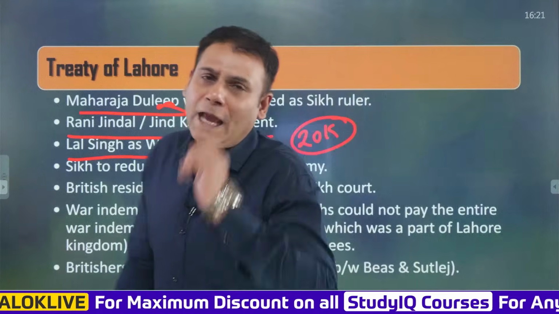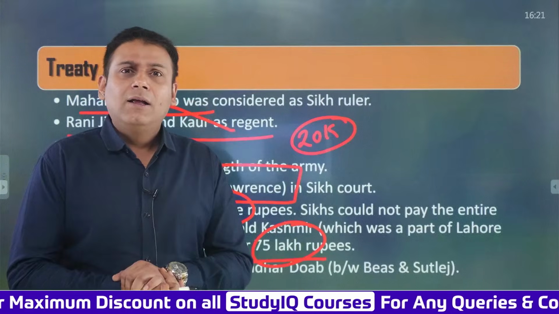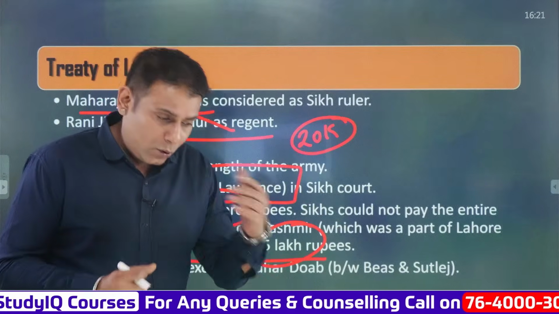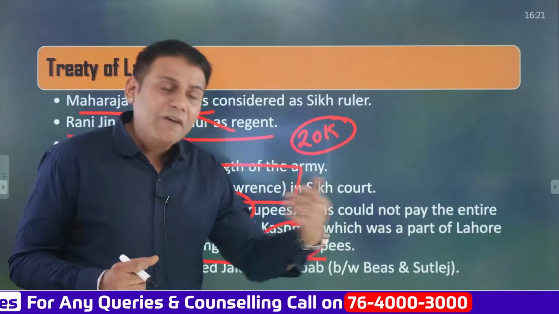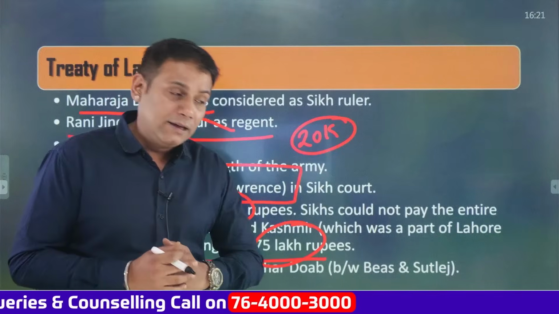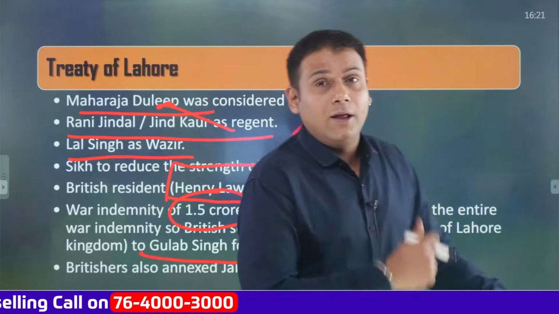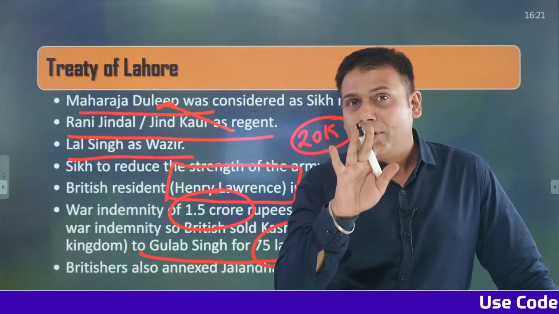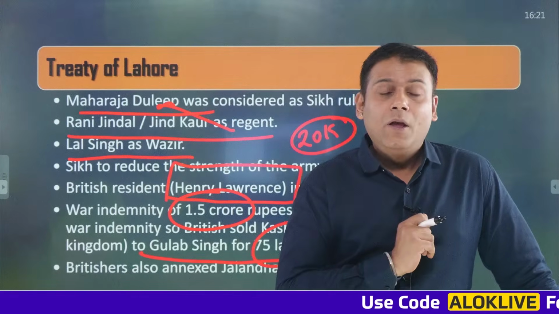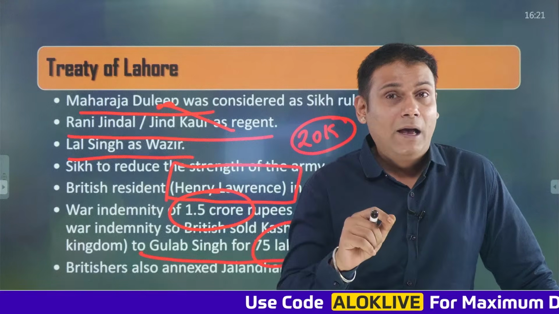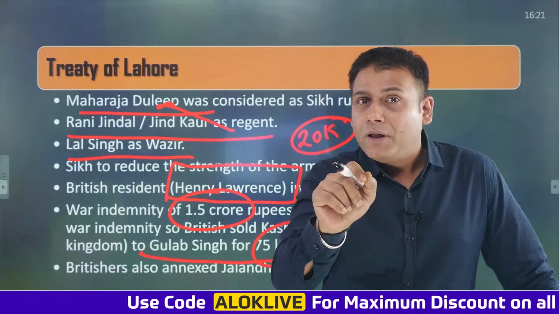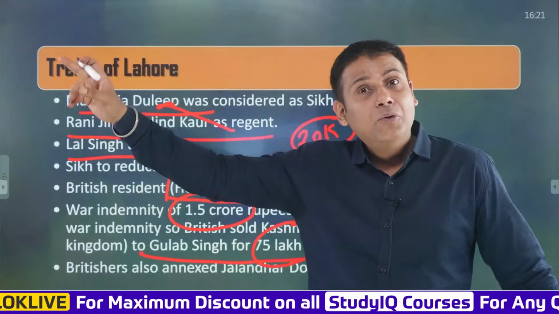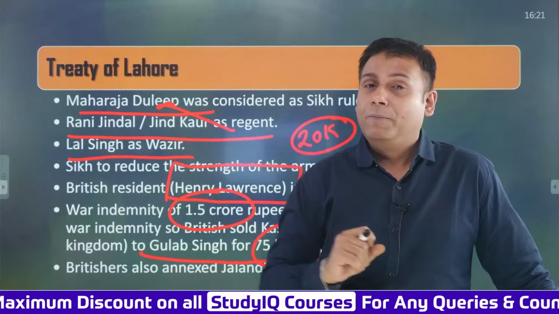Now, after some time, the Sikh chiefs realized that this Treaty of Lahore was a kind of humiliation for the Sikhs. Although we crossed the river Satluj and started raiding the territories of the English East India Company, the Lahore Treaty was signed. We also paid a war indemnity of 1 crore rupees. But this is a humiliation for the Sikh Empire, wherein the English East India Company took away the region of Kashmir and sold it to Maharaja Gulab Singh for 75 lakh rupees.